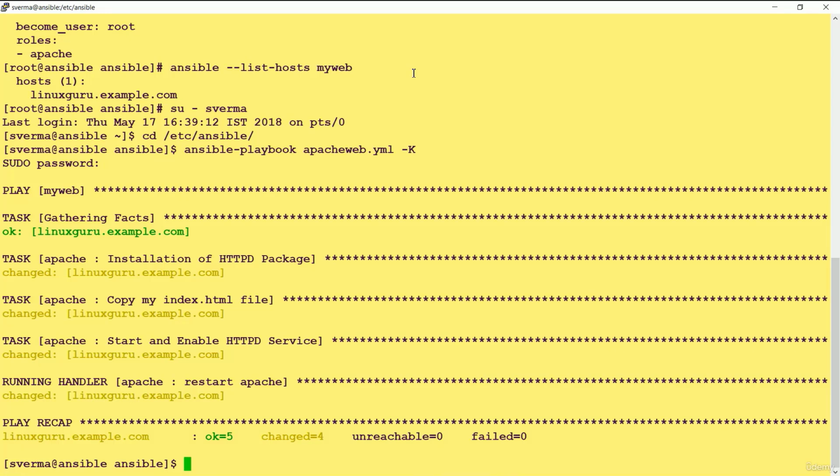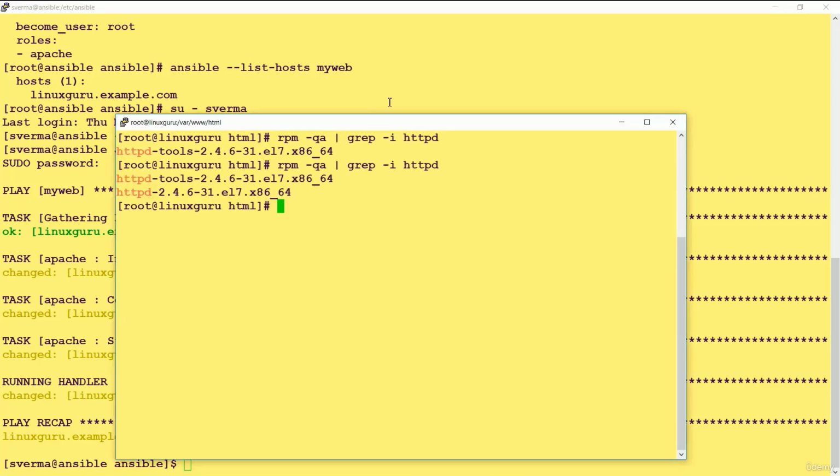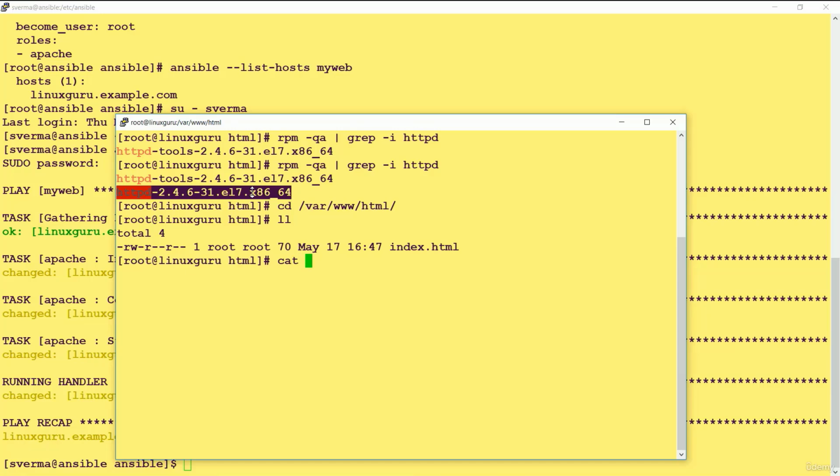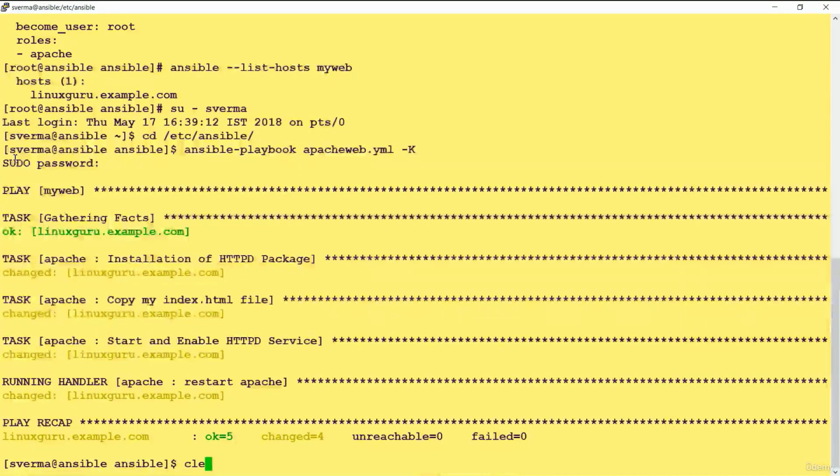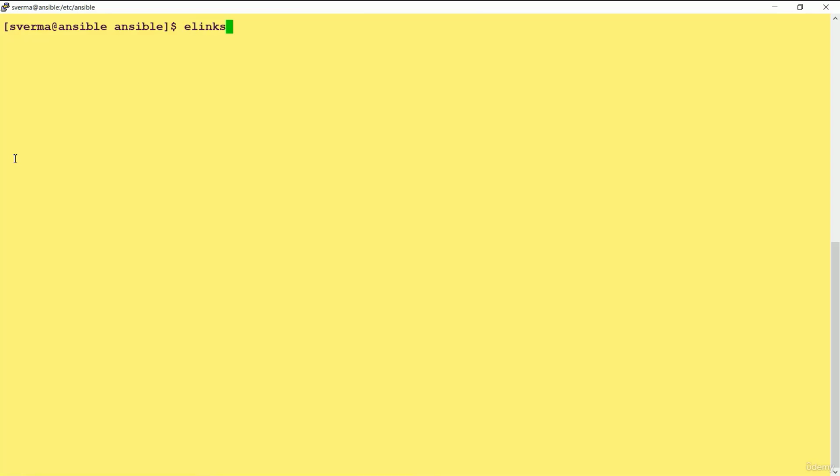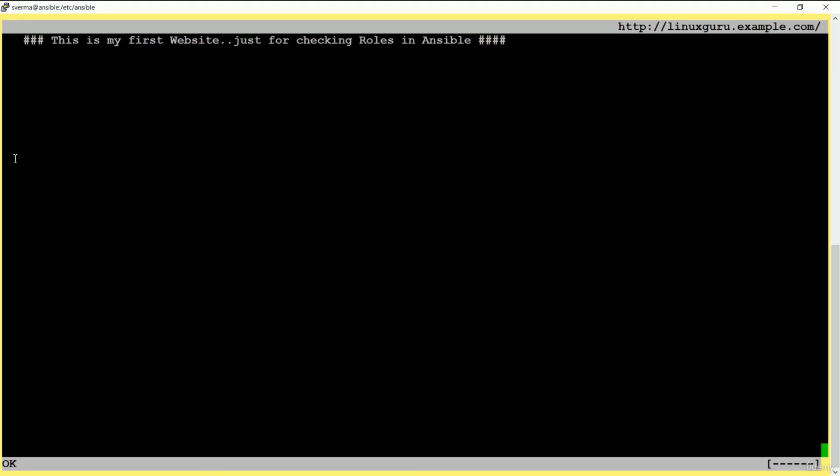Let me log into my client and let's see. Now you can see the package has been installed, and if I go to this location, the file has been copied here. If I use elinks and open Linux guru.example.com, let's see whether I'm able to open this website or not. So I'm able to open the website which I have just created with the help of this playbook, which is